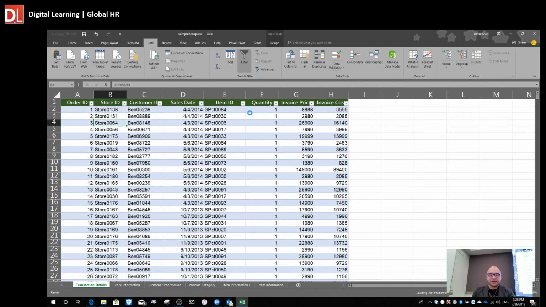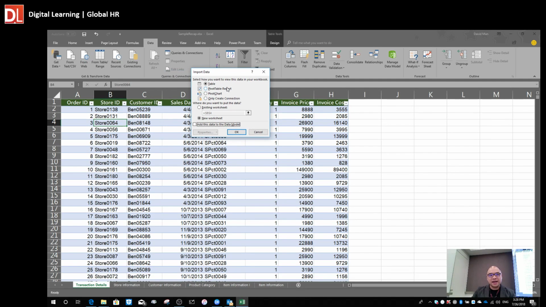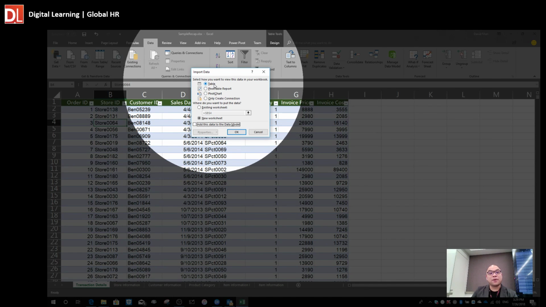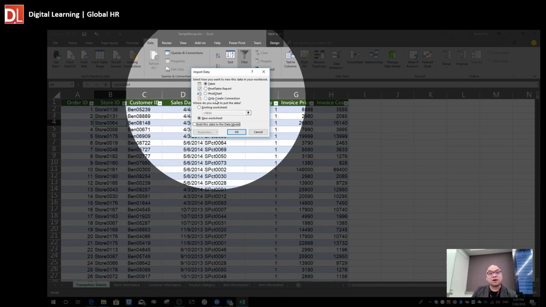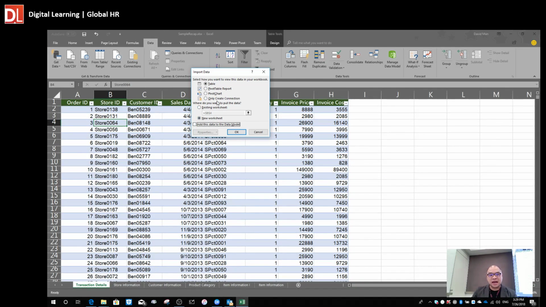And then what you've got over here is something like this: to import data, to form it as a table, as a pivot table, as a pivot chart, or as only create connection. If you click here, only create connection, and click this one,